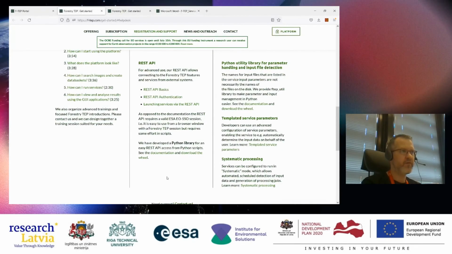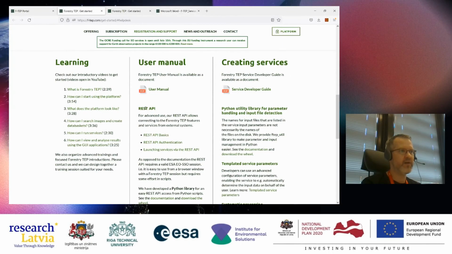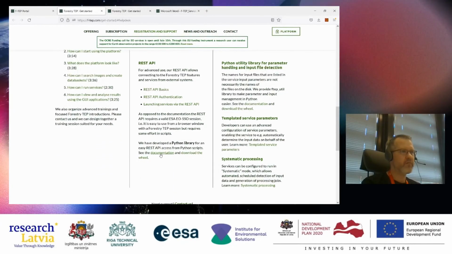And about these helper tools we have for the REST API, it's a bit tricky. Although the documentation says that you can use the token to access the REST API directly, it currently requires a valid single sign-on session, which makes it a bit tricky to use from scripts. But if you are using Python, we have a library which makes it easy to use.